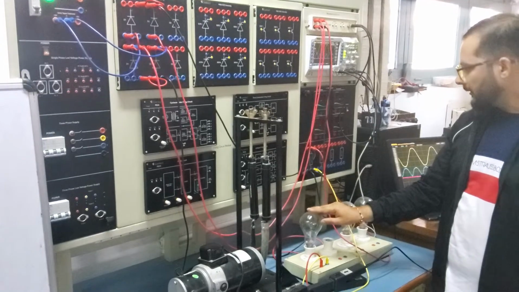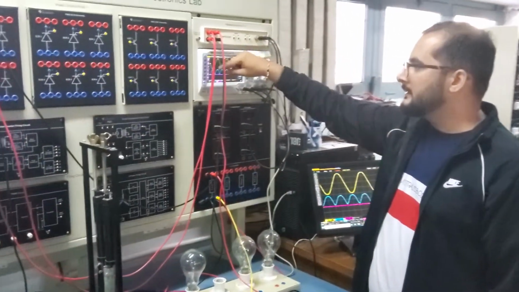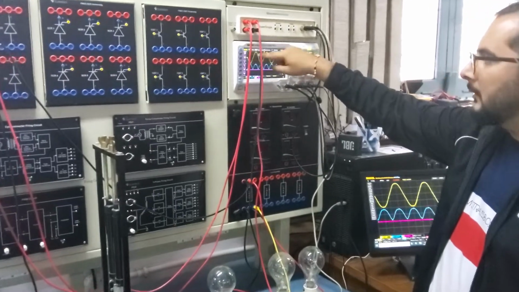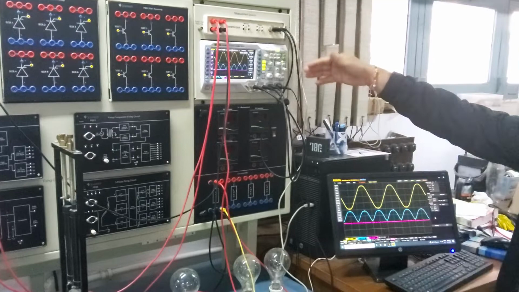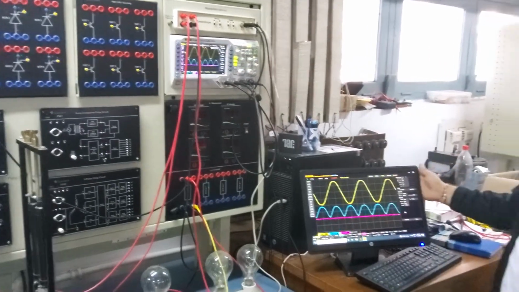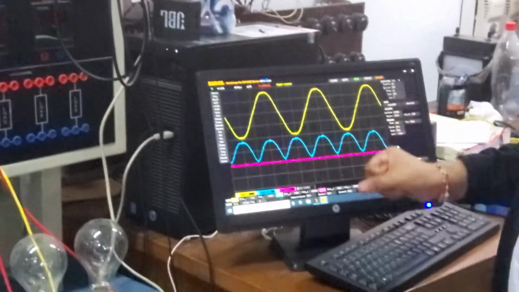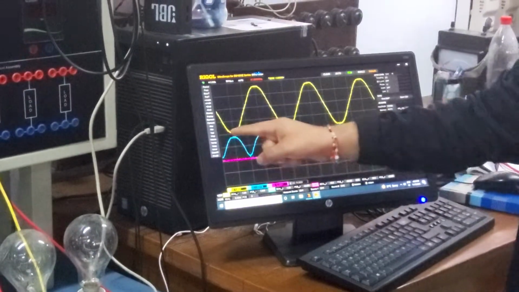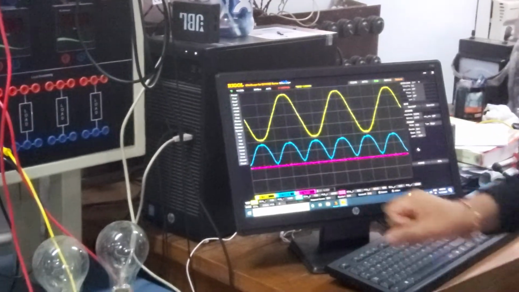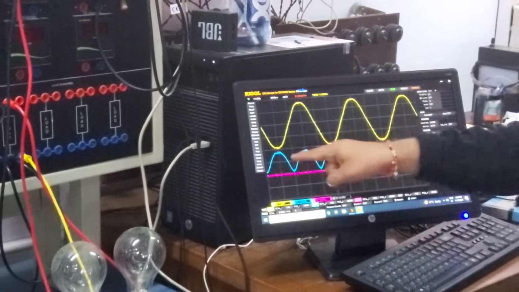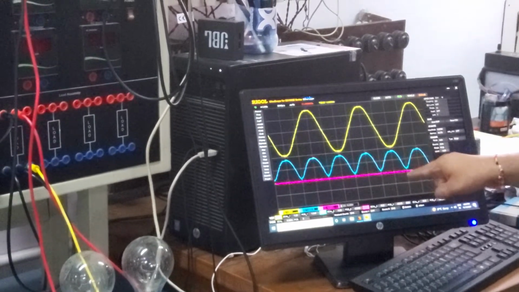R load. Okay, so you can see the input voltage waveform, that is yellow, that is purely sinusoidal AC. You can also see this waveform here on my desktop. So this is the input voltage, and this is the output voltage, that is the rectified output DC. This blue one is the output DC voltage and this pink one is the output current, that